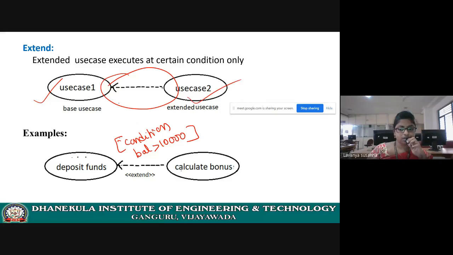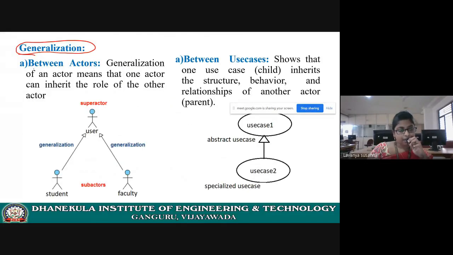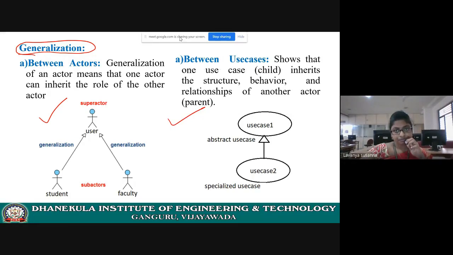Coming to generalization, the generalization relationship will be between actors, and between use cases. See the diagram, you'll understand.